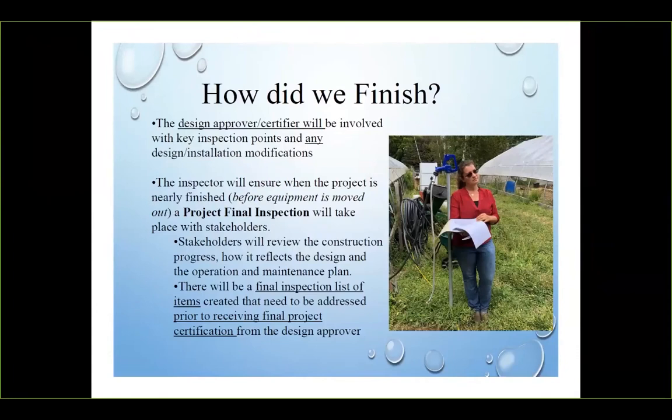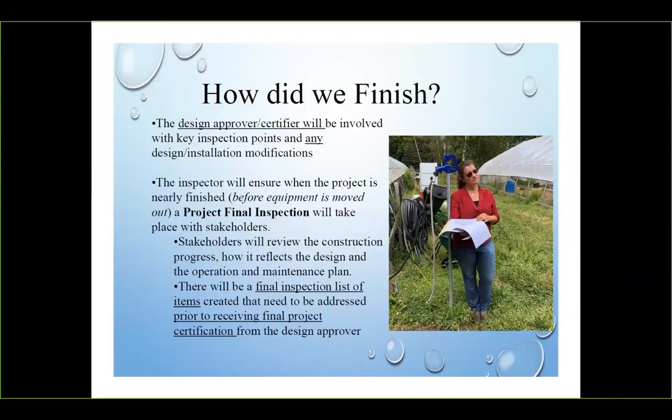This is Paula. So the design approver will come back to the site, walk the site over with the inspector, contractor, and landowner, and that would be a project final inspection. A punch list will be created